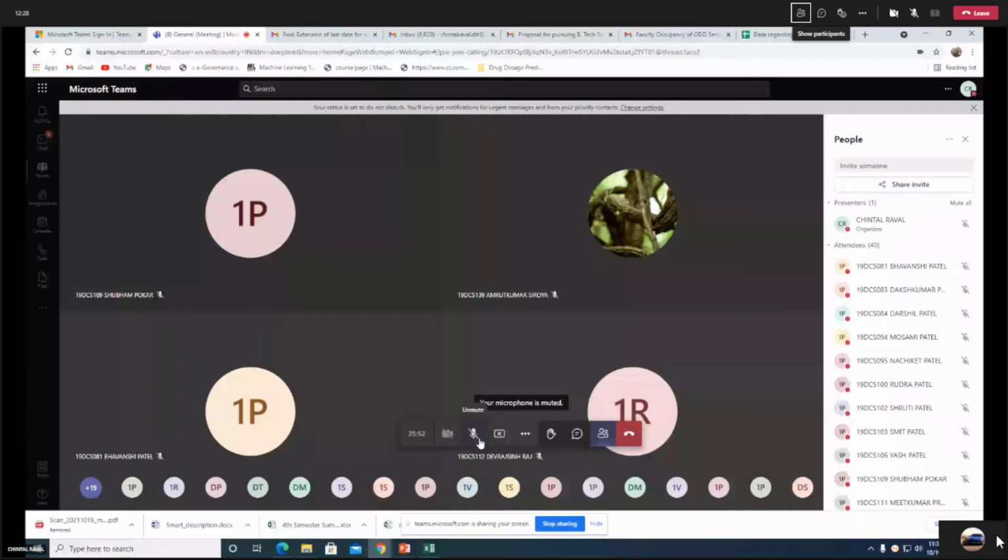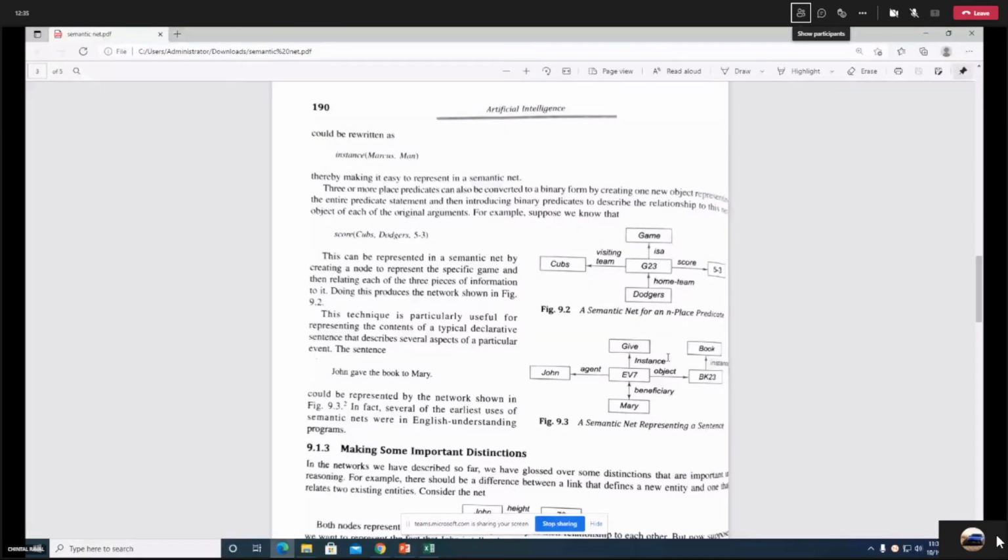Here, John gave the book to Mary. What we need to concentrate on is the relation, that is gave. Objects are John, book, and Mary. We need to represent these things that we have identified. So give or gave is the relation.